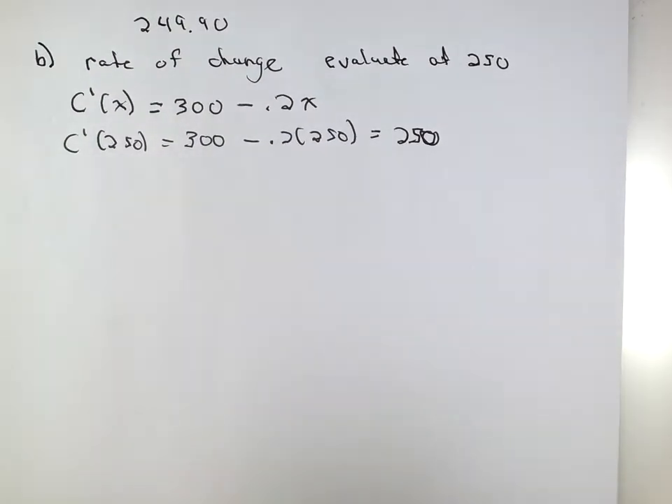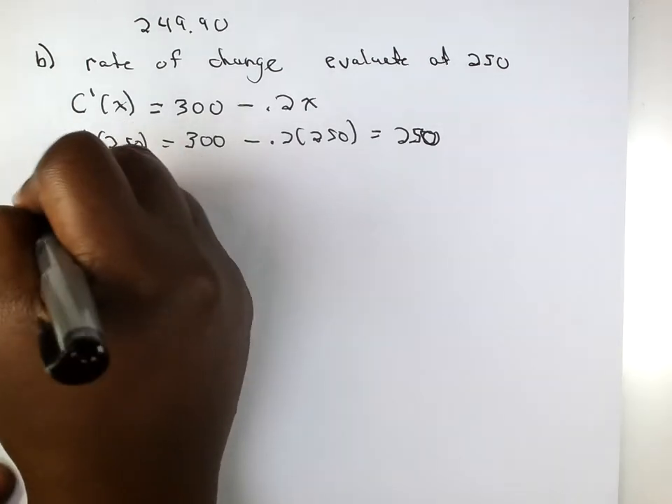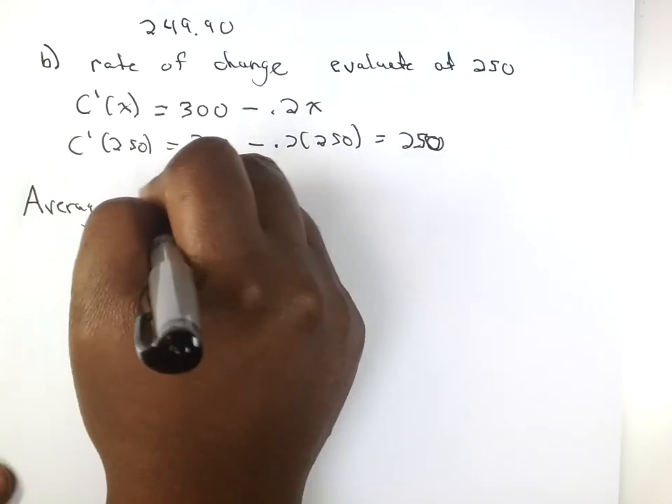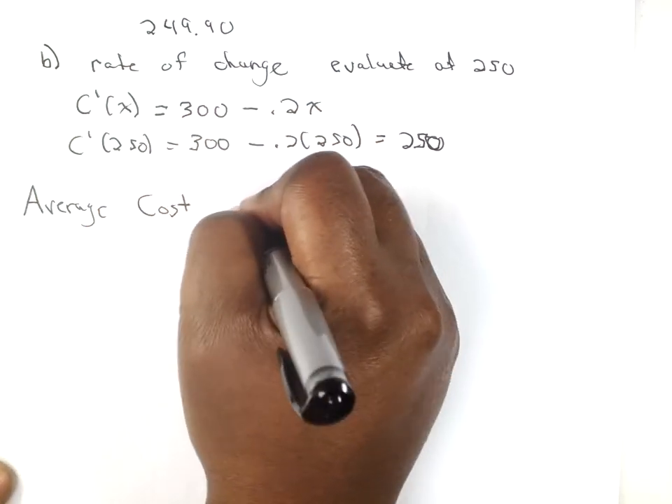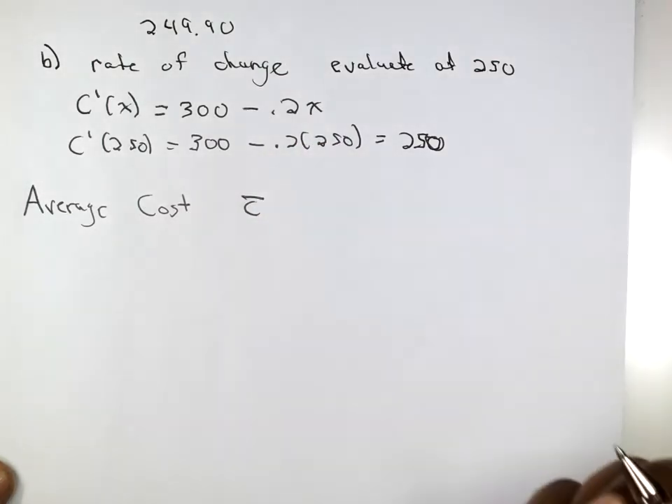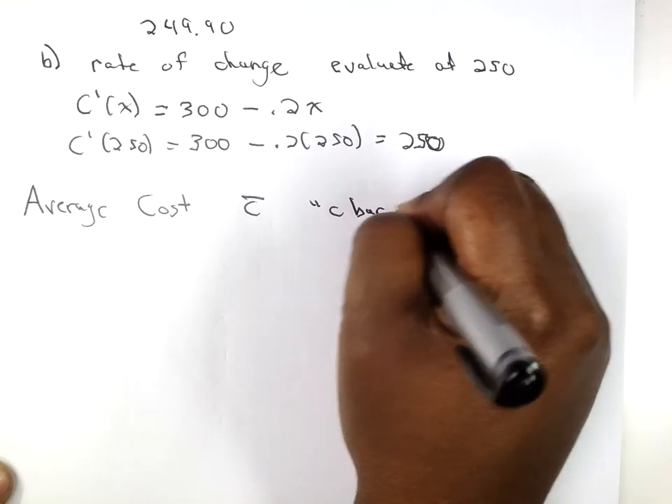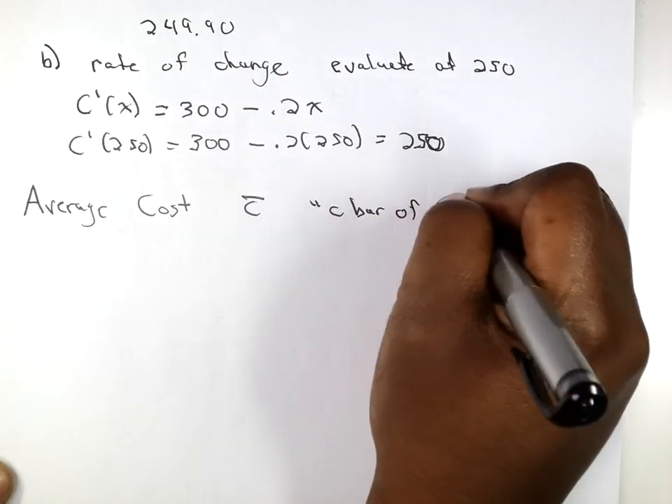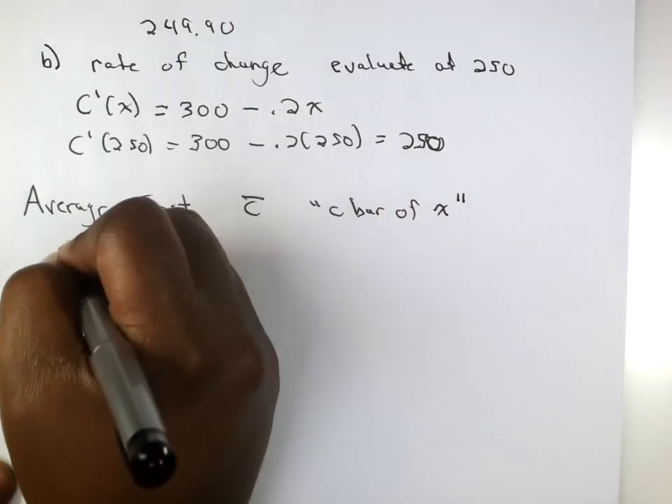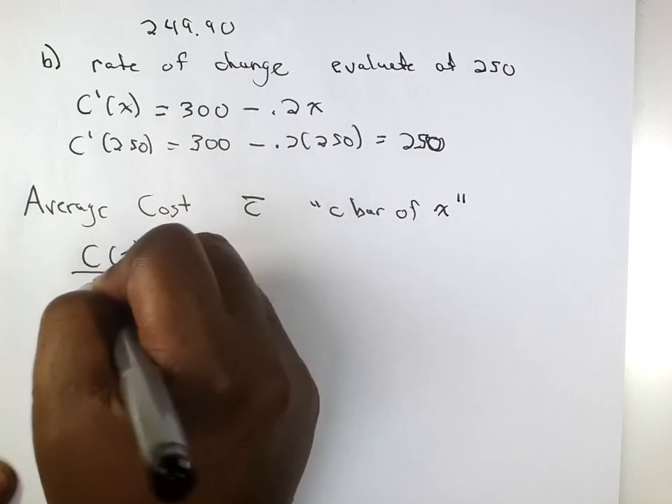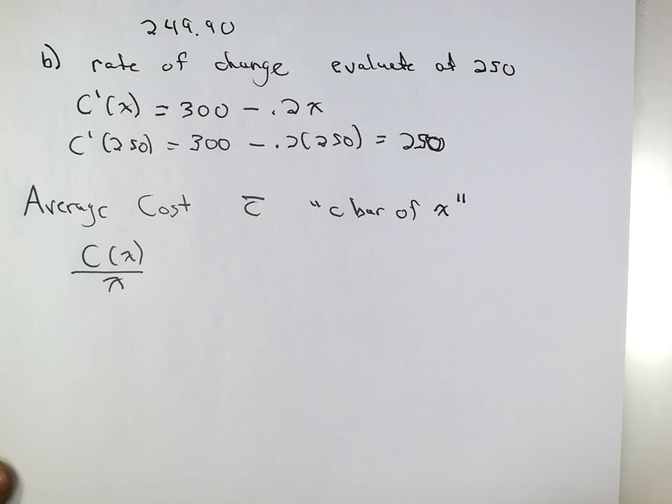All right, the next thing that's in this section is average cost. C bar is how we say it. The average cost is just going to be the cost function divided by how many units. So that's going to give me my average. So if I have a cost function